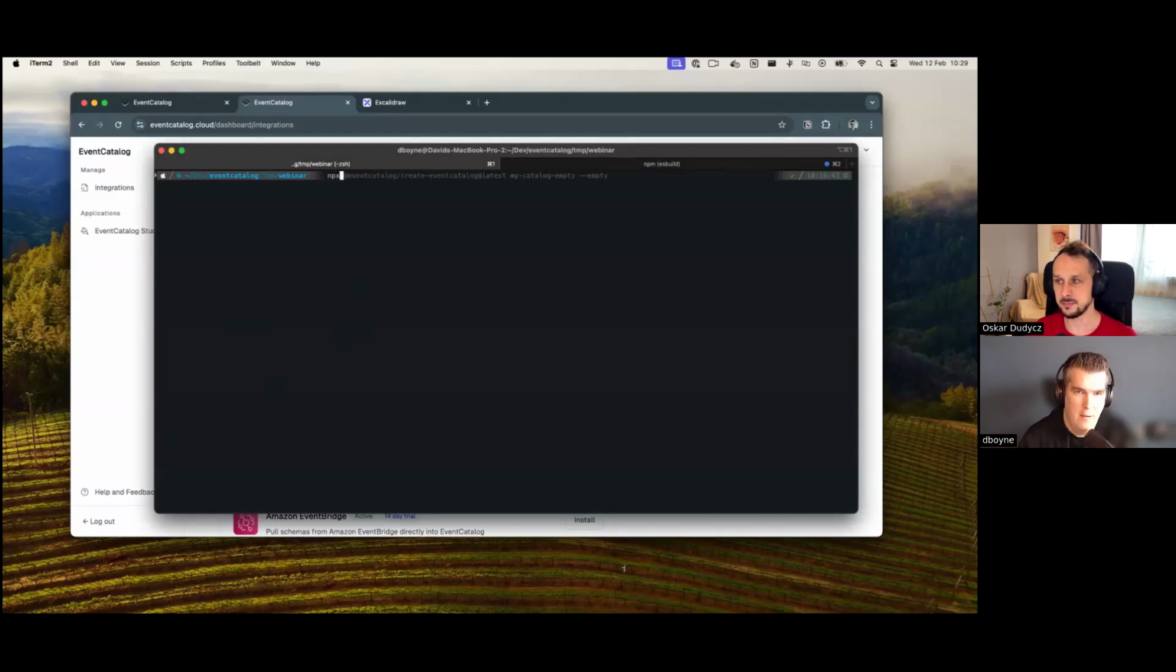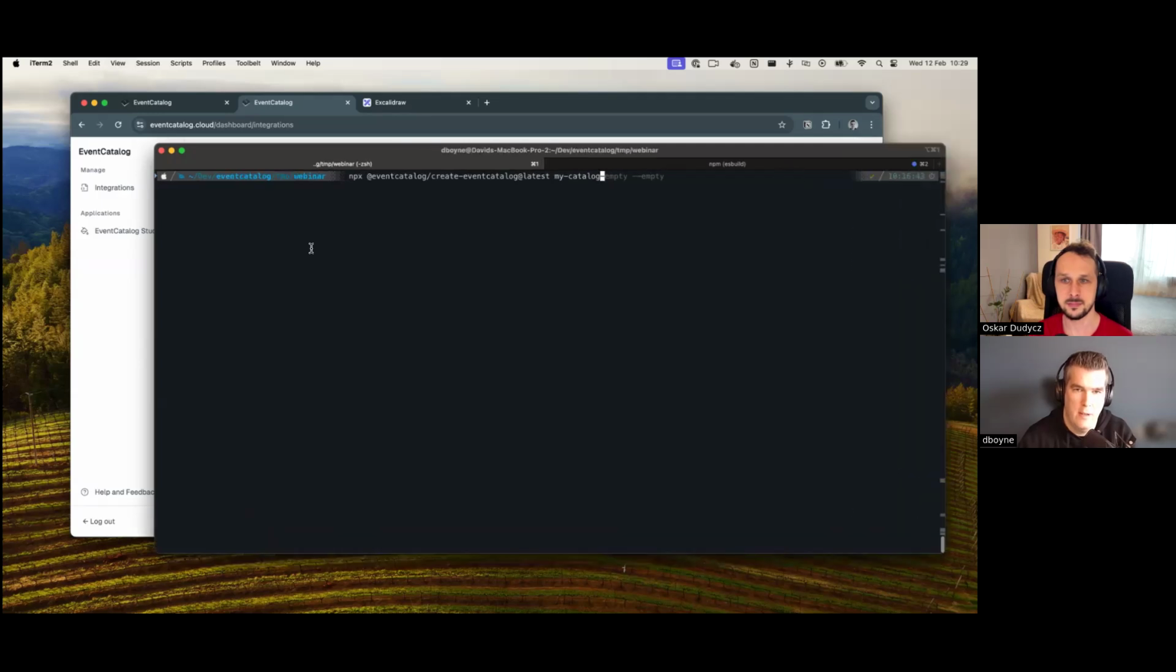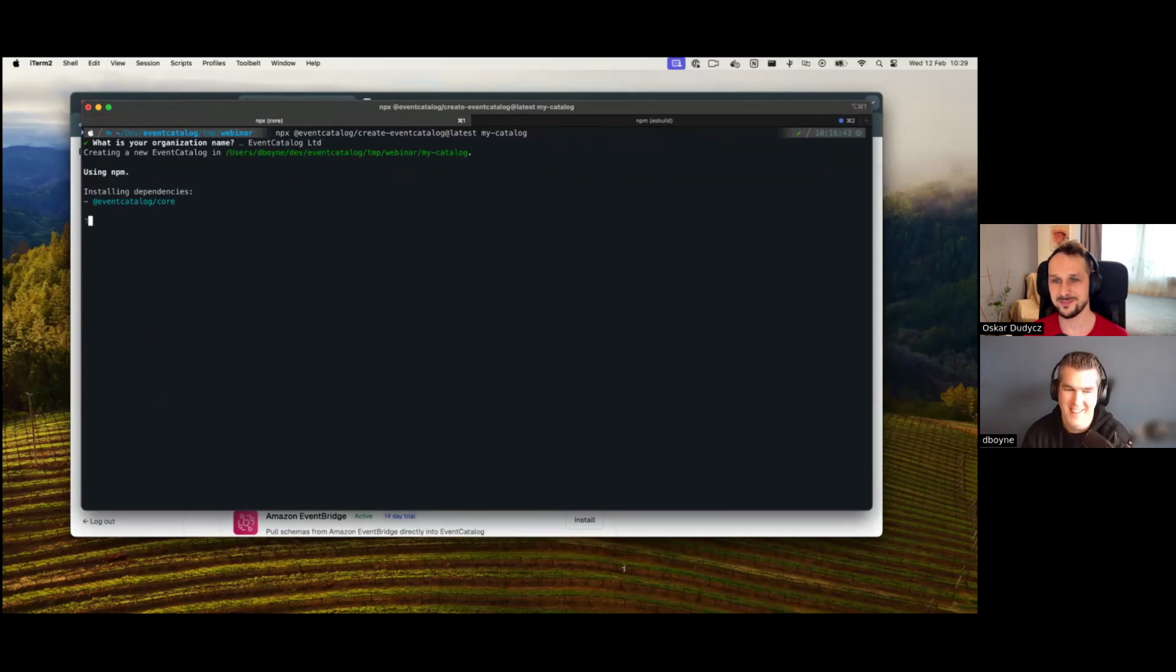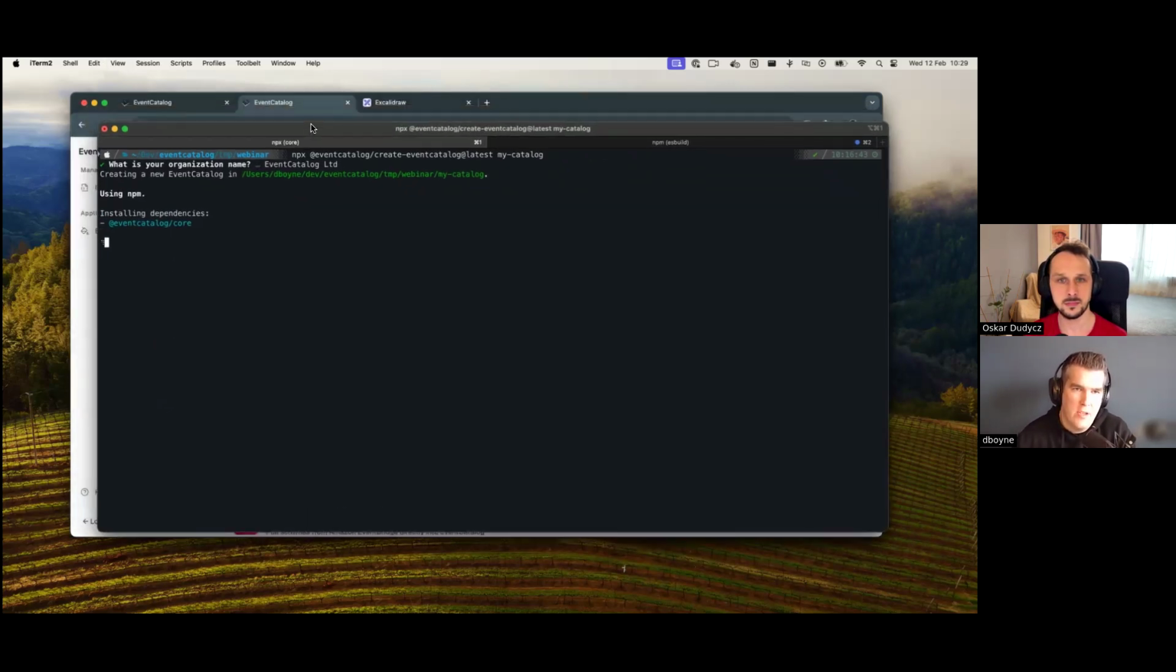There is a command we can call, which is just this. Let me see if I can zoom in for some people. We can run npx create-catalog my-catalog, and what this will do is create a new catalog in the directory. It asks what your org name is. We can just say Event Catalog Limited for now. And then here's the bit you normally speed up in the videos. It installs the dependencies. What you're going to get out of the box is Event Catalog core, which you don't need to do anything with. And the whole idea with Event Catalog, while this is installing, I can share